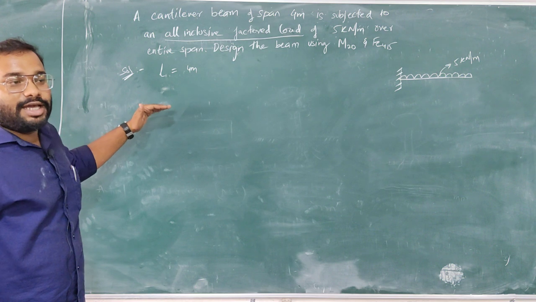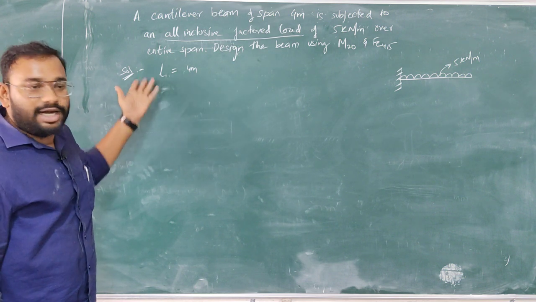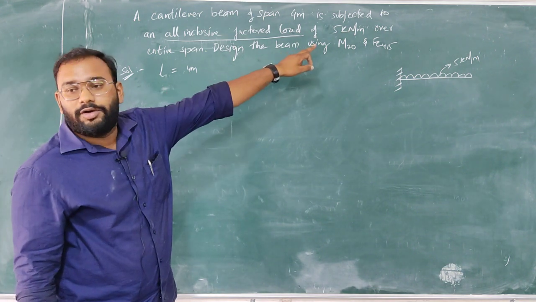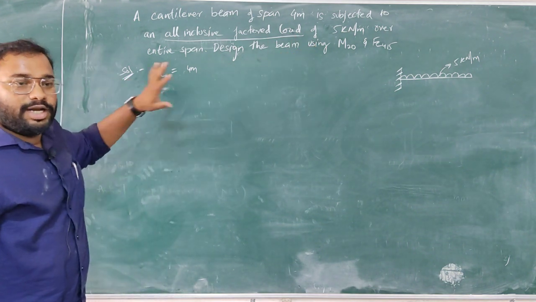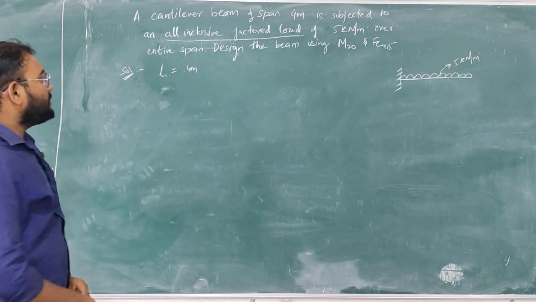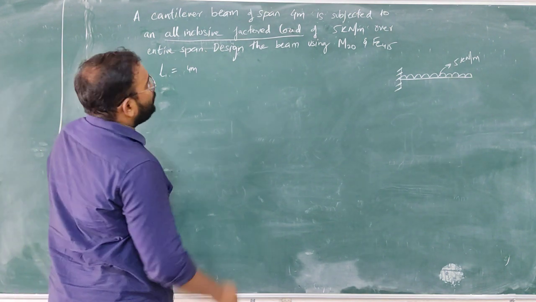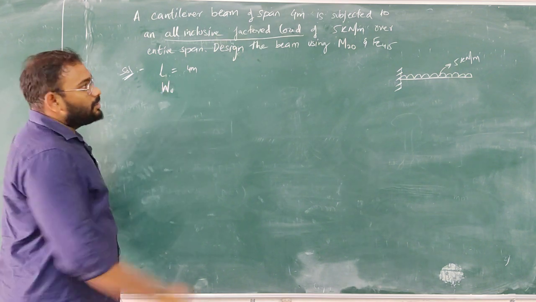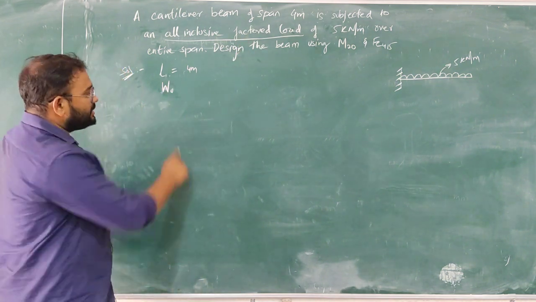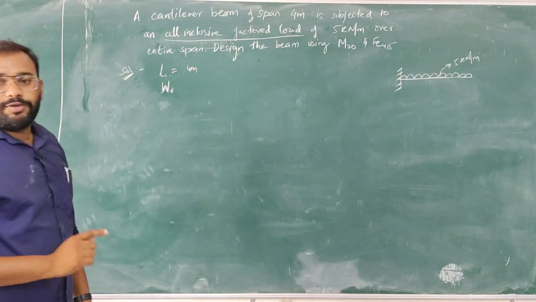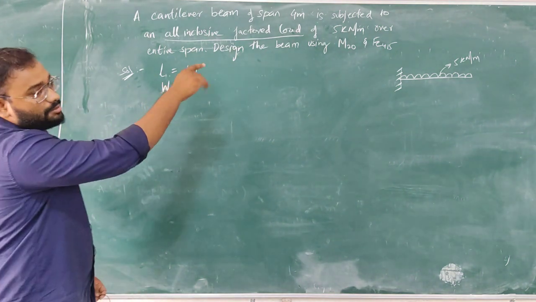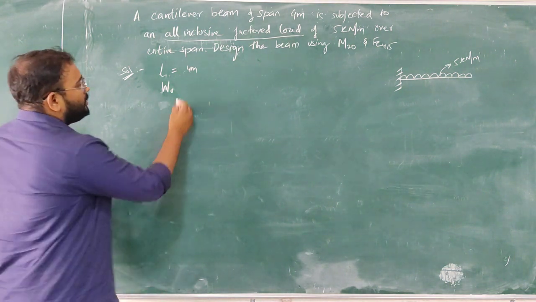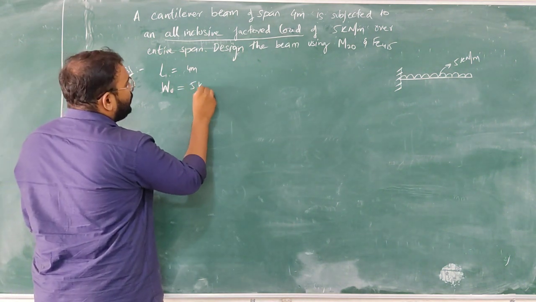You need not do the calculation of load. Load calculation is already done. You have been given the load, 5 kilonewton per meter. So you need not do that step. Span is given to you, 4 meters. This is directly Wu, also given factored, right? So this is Wu, ultimate load, which means it is already multiplied with 1.5. You need not multiply it by 1.5 again. Okay, a factored load of 5 kilonewton per meter.